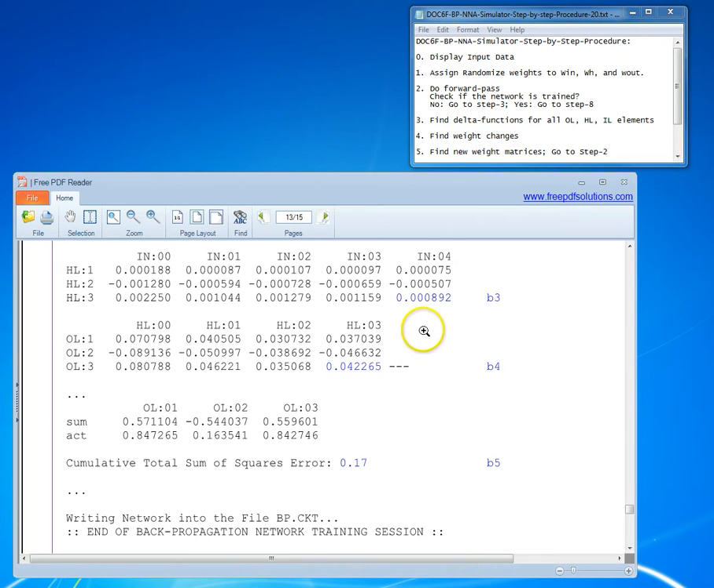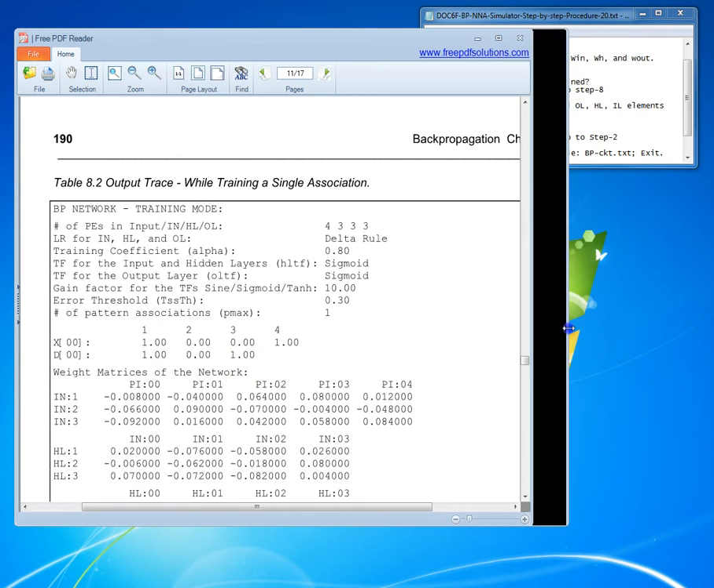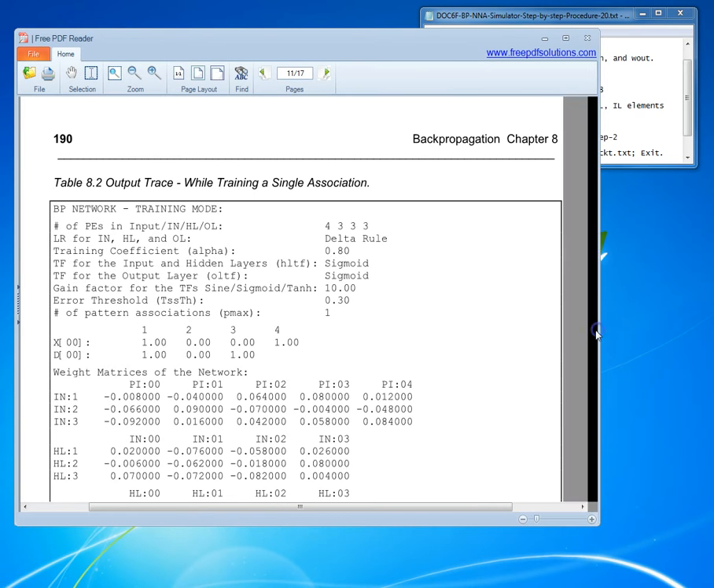If you look at the trace that we're going to go through, and how these various elements, internal activations, delta functions, weight changes, and so forth are computed, it will show you how to do that. If you look at document B, we can learn how to fill up those blanks in the simulation traces by looking at this example